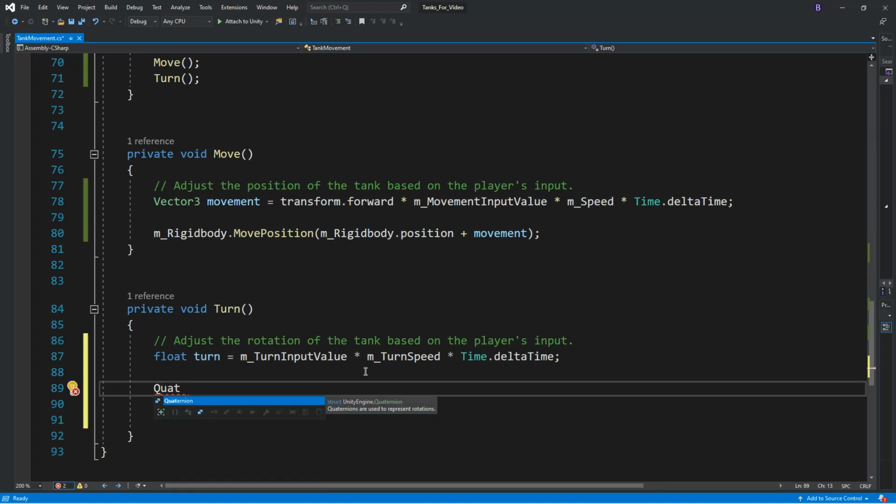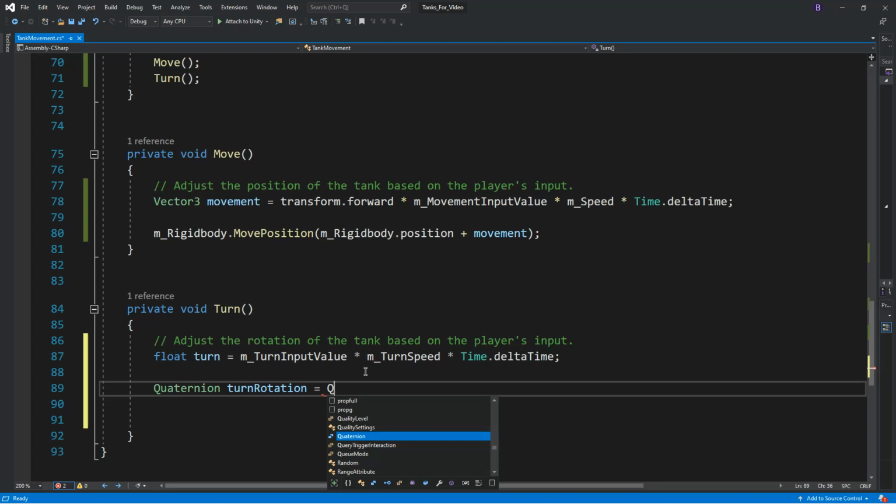So by typing QUAT, it brings quaternion to the top, and I'm going to call this one turn rotation. Notice that at this moment the system doesn't recognize turn rotation, but going forward it will recognize it because I just created it. And it's going to be equal to a quaternion